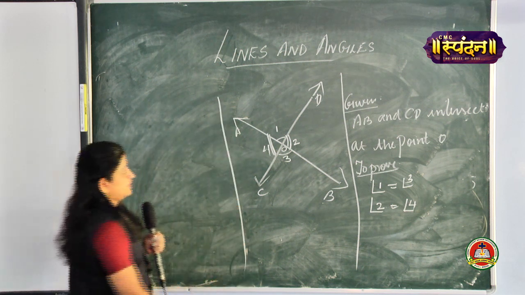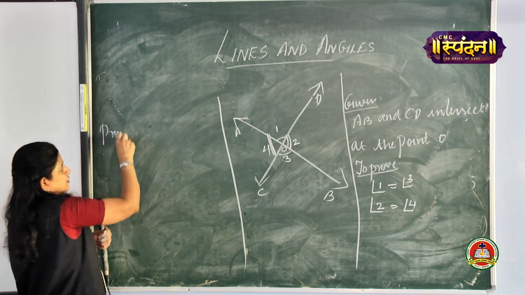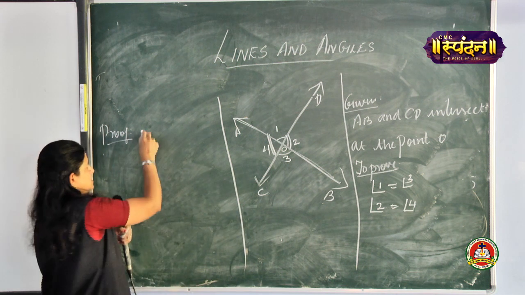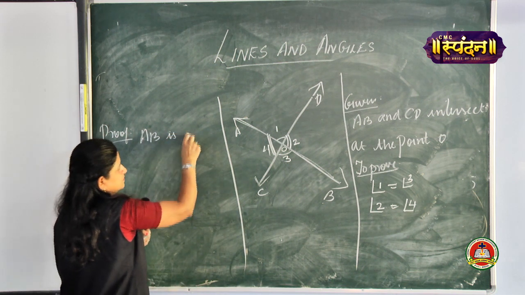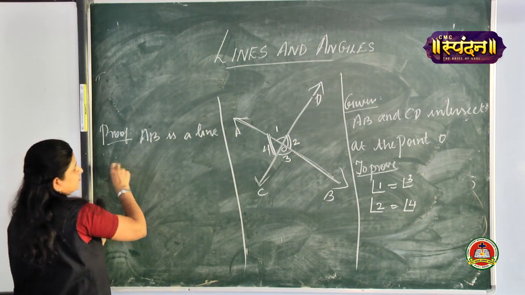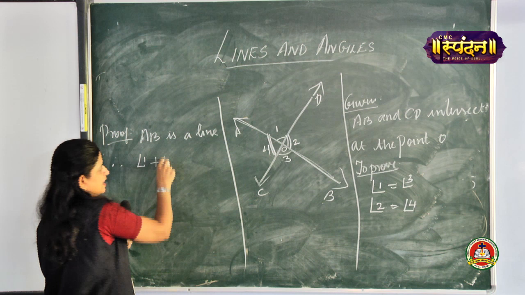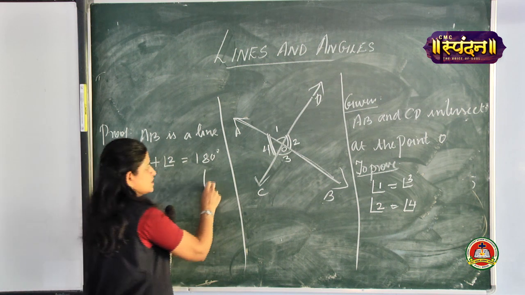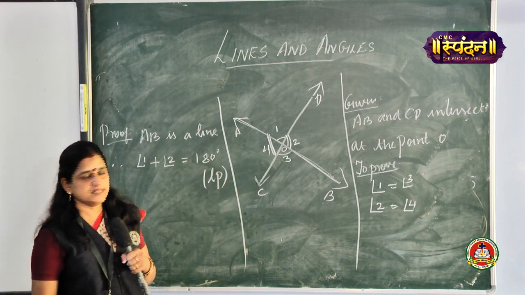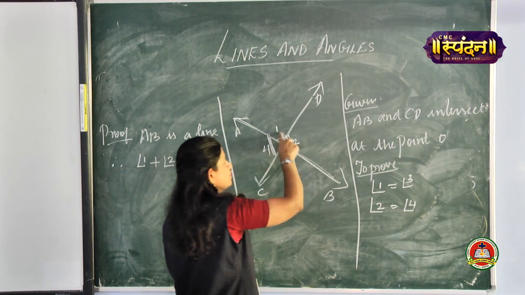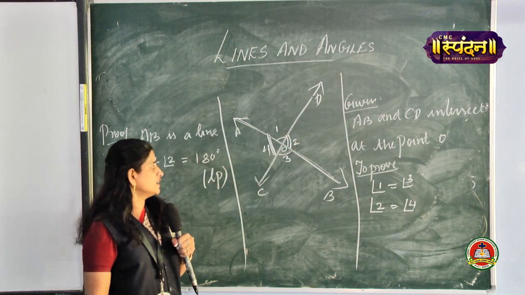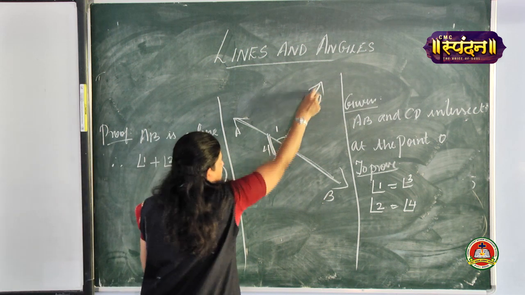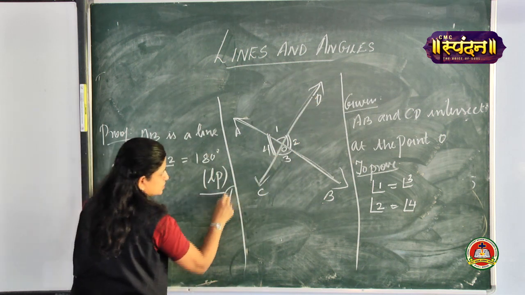For proving this, first I am going to take AB as a line over here. Are you able to see AB as a line? Yes, AB is a line, therefore, angle 1 plus angle 2 is equal to 180 degrees. Why? Just now we saw the linear pair axiom: AB is a line, so the sum of two adjacent angles is supplementary, that is 180 degrees. So, I am using that property. You name this equation as 1.